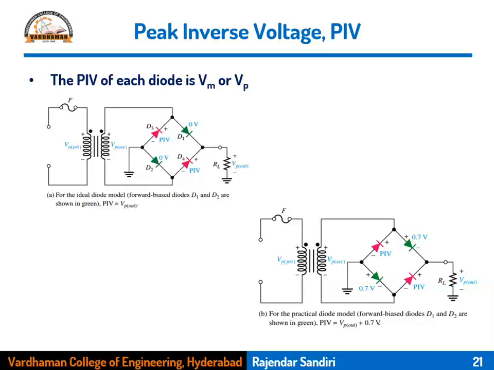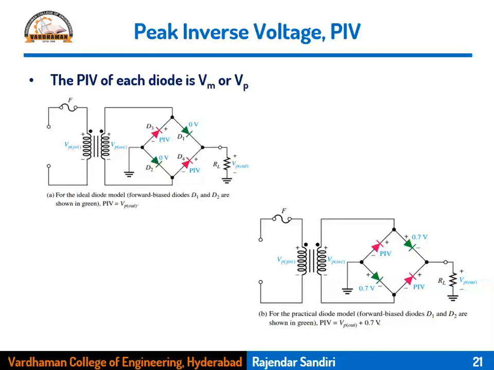But in this circuit, the peak inverse voltage of the ideal diode is Vm. For the practical diode, we can take the cut-in voltage of the on diode. That is 0.7 plus 0.7, which is 1.4, but for one diode it will be only 0.7. Therefore we can write Vm plus 0.7. So the peak inverse voltage of the bridge rectifier is 2 Vm for two diodes, but for one diode it should be Vm. That should be clear: the peak inverse voltage of one diode is Vm, and of two diodes is 2 Vm.